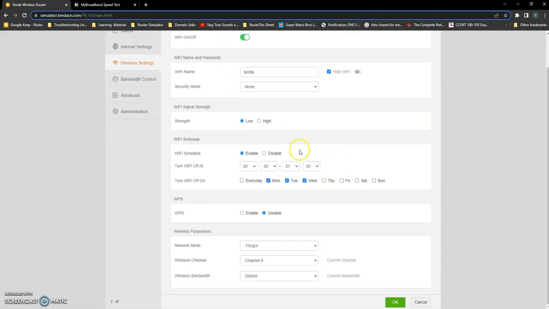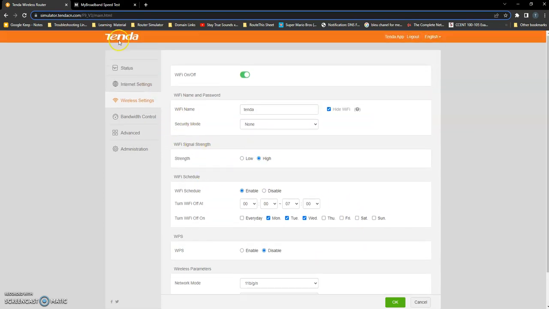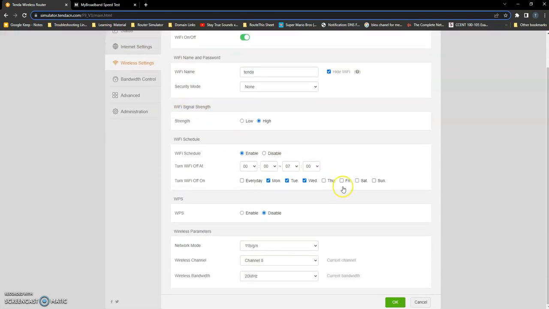And then what I would ask you to do straight away off the bat, go into your wireless settings. Right, so wireless strength should be on high, but it is on high by default anyway. But just confirm on Tenda, it might be somewhere else on another router. And then under wireless parameters, this is very important. You'd get two wireless bands, most likely